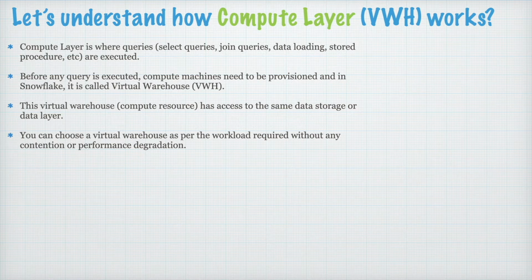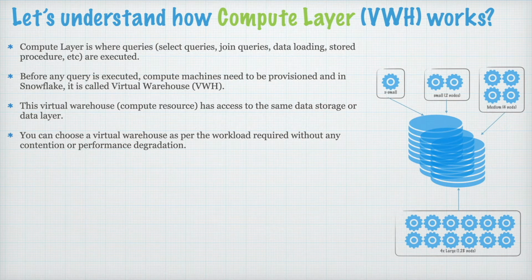We have seen earlier in the Spark Hadoop example that it is the same cluster which serves all the workloads. However, in Snowflake, you can choose different virtual warehouses, which are nothing but compute, and different virtual warehouses can serve different workloads. They are completely independent, and this compute can access the underlying storage at the same time. So if you have a heavy workload like loading data, or ad hoc reporting which is being used by many users, then you can provision a multi-cluster warehouse for ad hoc queries where you do not know how your workload will fluctuate. On the other side, if you have to load the data, then you can have extra large compute.